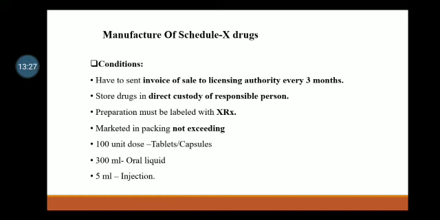Manufacture of Schedule X drugs: which conditions should be fulfilled? Firstly, they have to send an invoice of sale to the licensing authority every 3 months. Then store drugs in the direct custody of a responsible person. Then the preparation must be labeled with X. Marketed in packing not exceeding